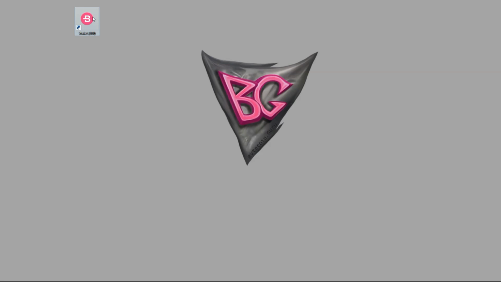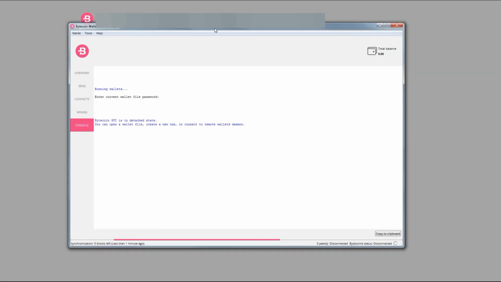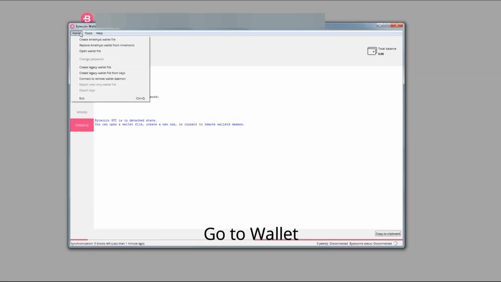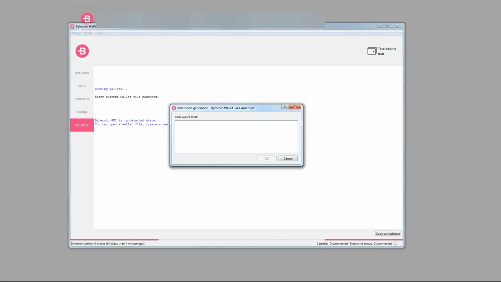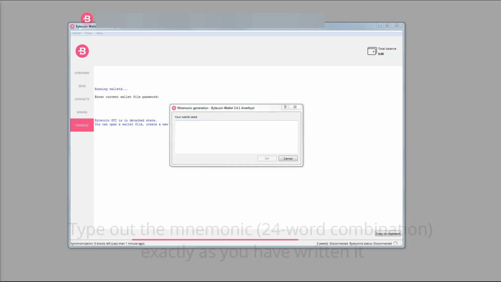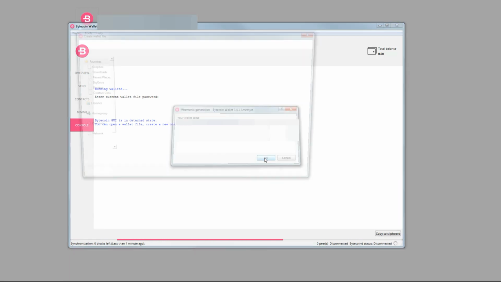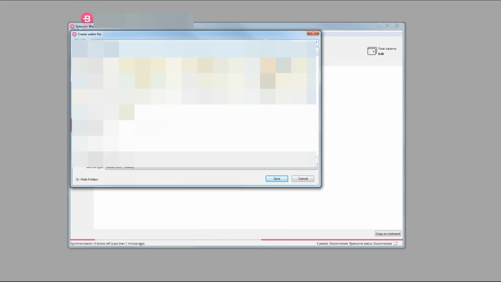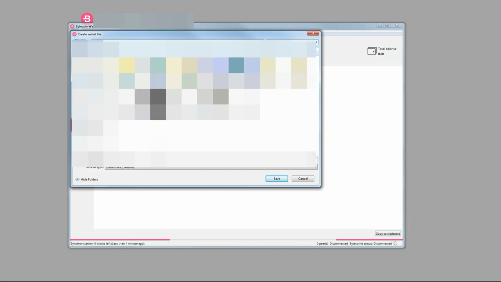So you have lost it, but you still have those 24 words. You're going to click on the app. You're going to go to Wallet and then Restore Amethyst Wallet from Mnemonic. You're going to write all of your words down, and once you have them, click OK, and it's going to ask you for a place to put your wallet file. You're going to set up the location,